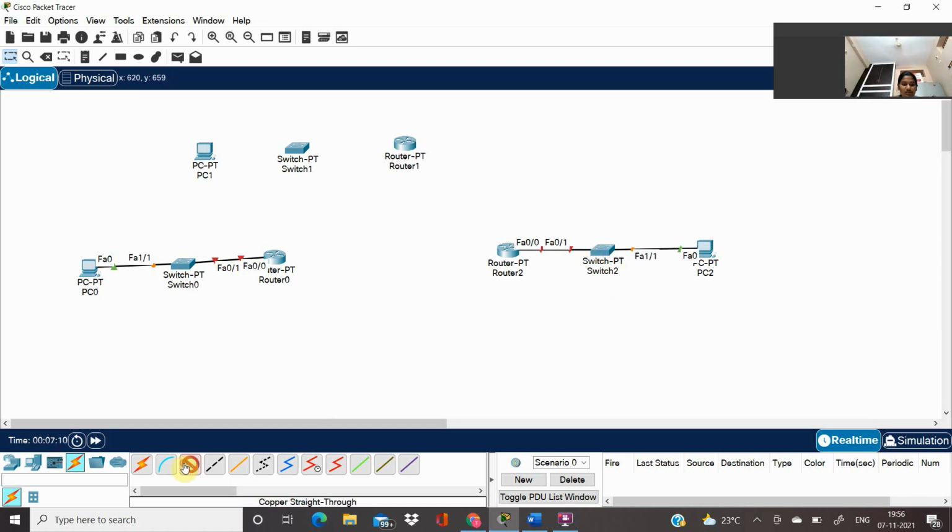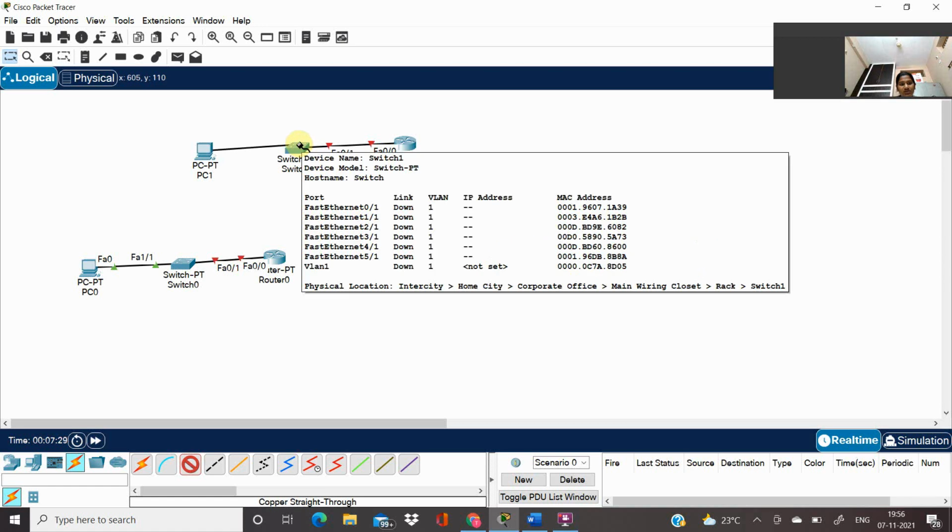Next again I'm taking copper straight-through and connecting my router to the switch with FastEthernet. And next again I'm taking copper straight-through and connecting my PC with FastEthernet.